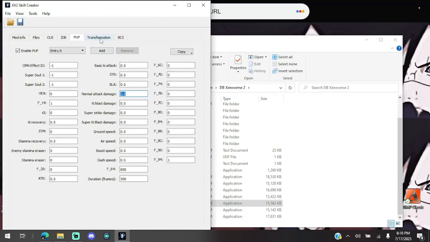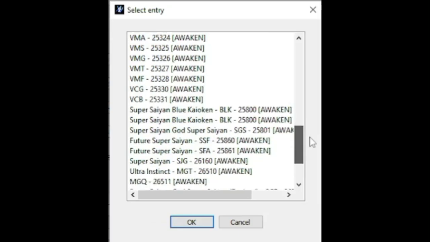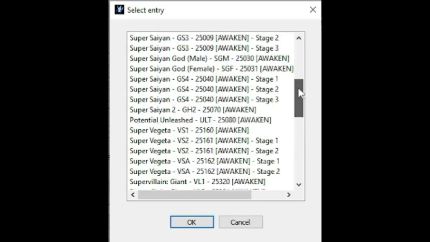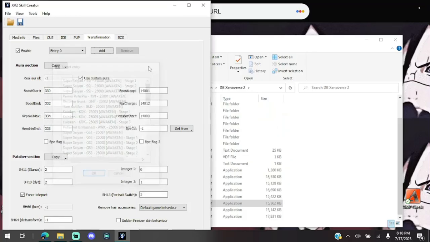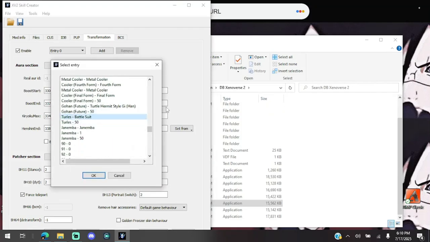So we're done with PUP. Now transformation. This is where we have the aura section and we have the patch section. For the aura section, this is where we can choose our aura. Now, me personally, you can either do skill usage. This is where it's gonna show every single transformation that's in the game, whether it be modded or vanilla game. But me personally, for the transformation that I'm gonna do, I want to do Turles'